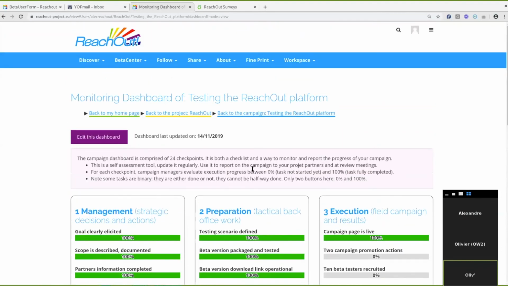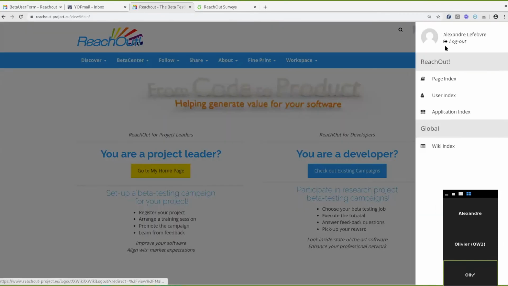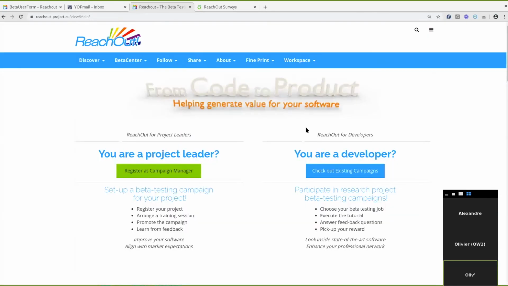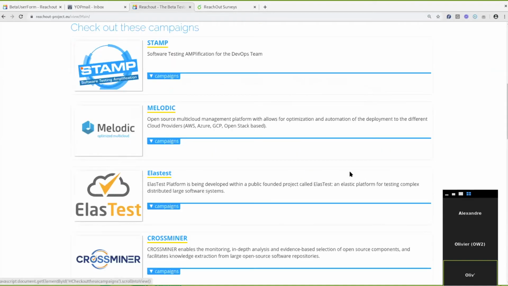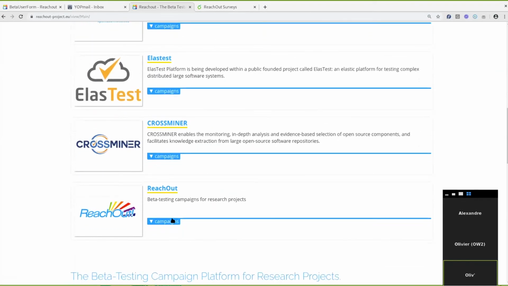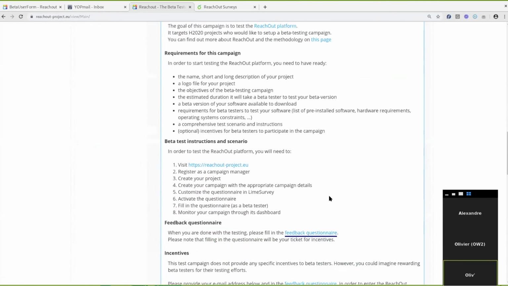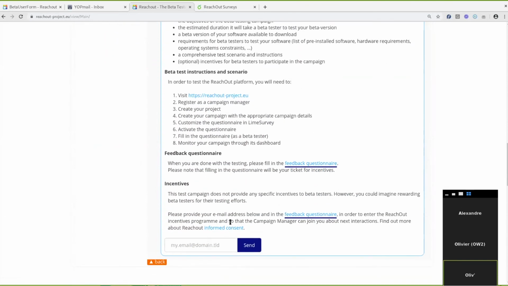So in the last part of this webinar, we will now play the role of the beta tester itself. Log out at this point and see what the actual beta testers visiting the ReachOut website will see. They will see similar things, except that they will now also have a possibility to register. The interest of registering is that in order for